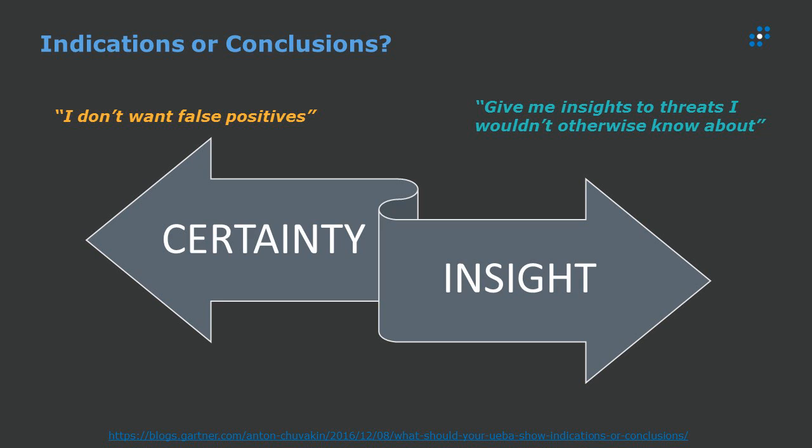And when you think about this kind of certainty insight paradox, if you take, for example, the user behavior space and monitoring either privileged users or regular users in your environment, there are a whole raft of use cases that are easily defined using scenarios. And you get a binary answer, this either happened or it didn't.